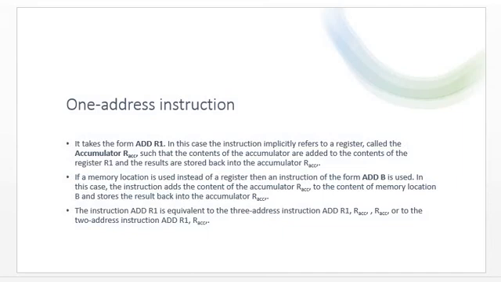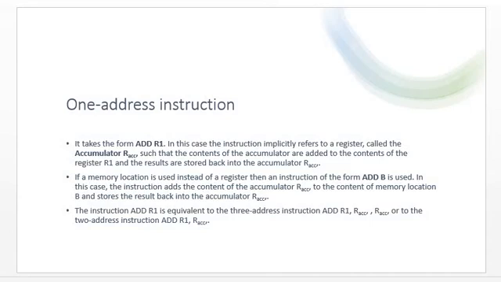So we said in a 1.5 address instruction, the contents of register 1 are added to the contents of location B and the result is stored in register 1. So we add the contents of register 1 to the content of register B or register 2 and store the result in register 1. So owing to the fact that this 1.5 is between the 2 address instruction and the 1 address instruction,